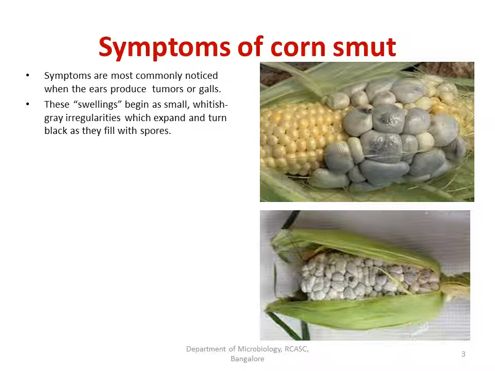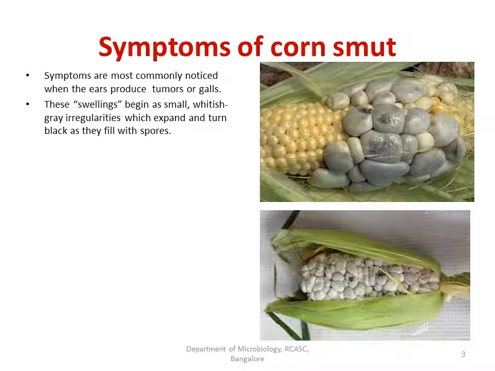Here the same processes are happening. Once the pathogen enters the cell, there will be a certain hormonal imbalance, that is, the secretion of hormones in that particular host cell alters, which leads to hypertrophy and hyperplasia. That is, increase in the size of the cell or the number of the cells respectively. So wherever the infection has happened, the swelling happens,